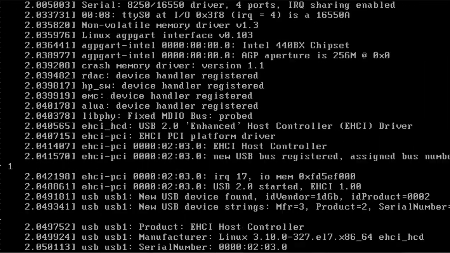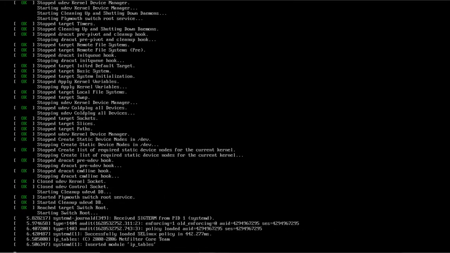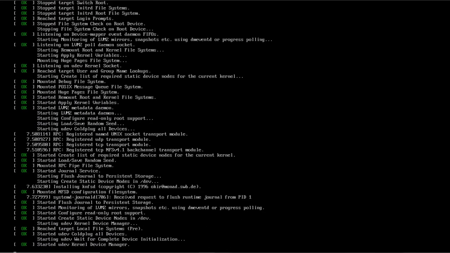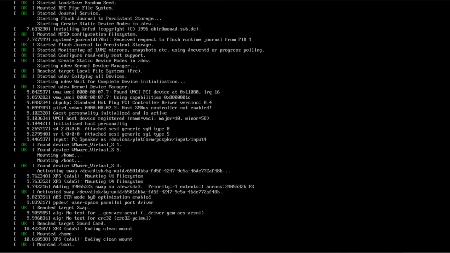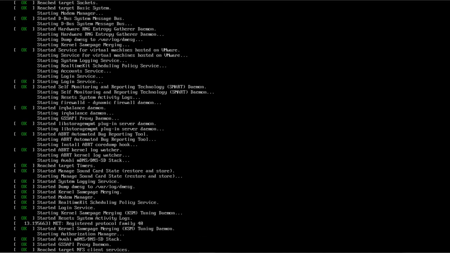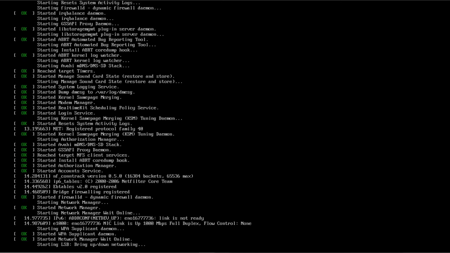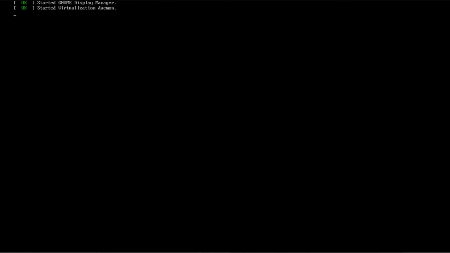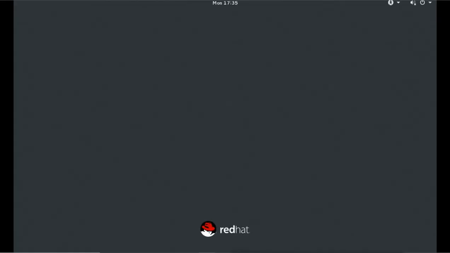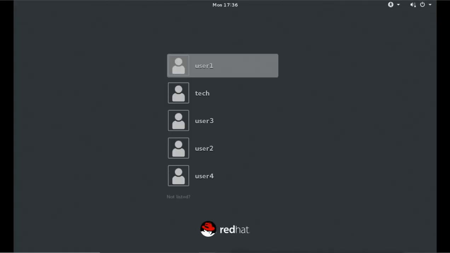Now you see it is showing everything in detail, like what is happening in the background, what services and what options it is running, and we can see all of this. By default the RHGB quiet option is enabled, so it does not show any of these things. It directly boots from here, and you can see it is booted here.